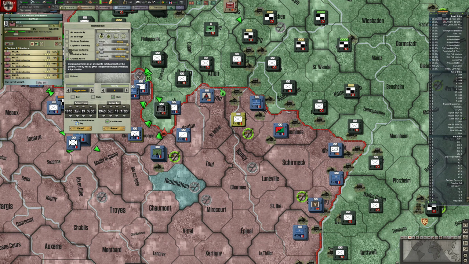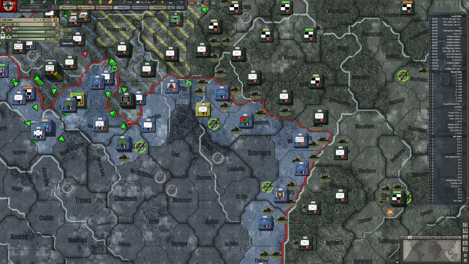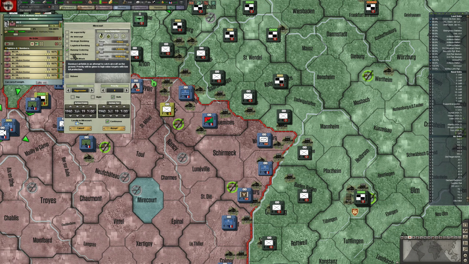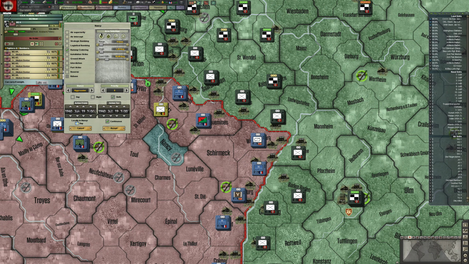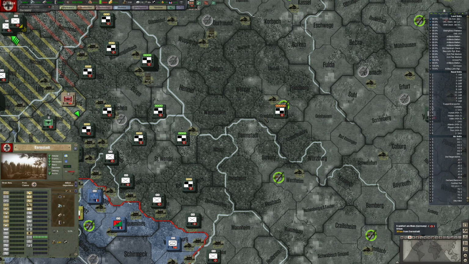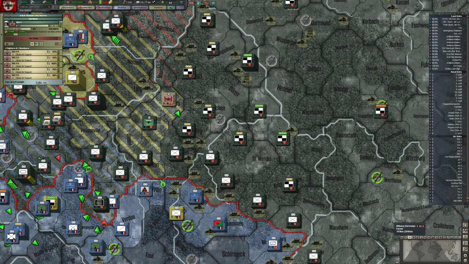KG-2 will go to Neuchâtel, and then KG-3. Let's see, KG-3 will go to Mirecourt, and KG-4 will go to Nancy. And then STG-1, I saw it a second ago. Let's move STG-1 to...